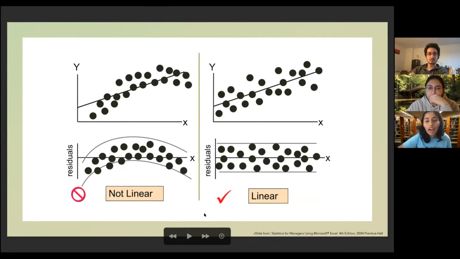So, how do we know how good our data is? Again, if we plot the residuals, which is basically the difference between the fit and the data, the intercept, which I showed you in the previous plot. And then if we plot those residuals, you can see here, if this linear function